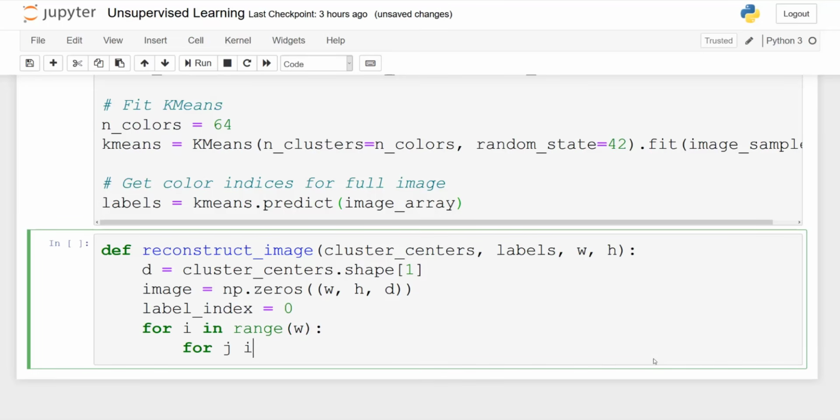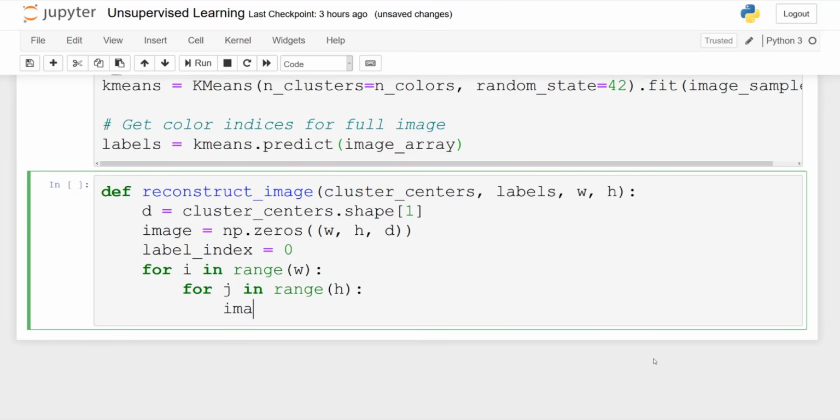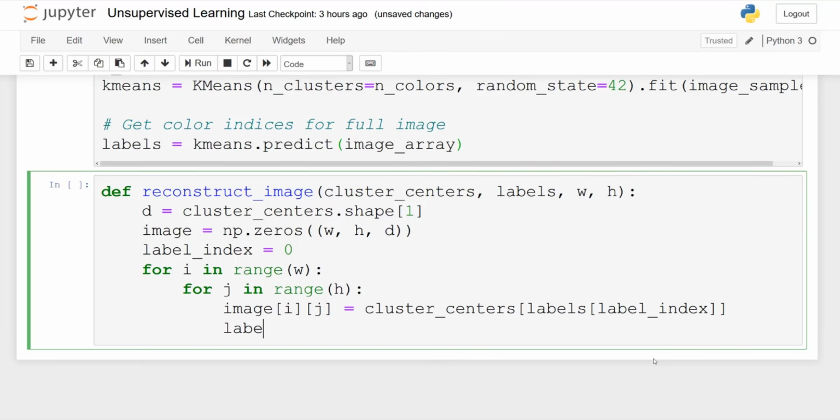And then for i in the range of the width, and for j in the range of the height, we write that image at index ij, so this is the coordinates in the 2D matrix, will be equal to the cluster centers at labels, and that itself will be at the label index.